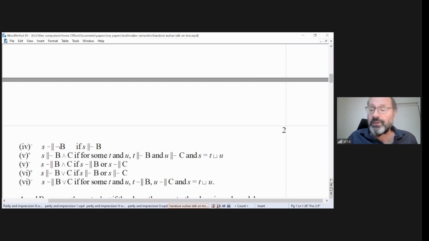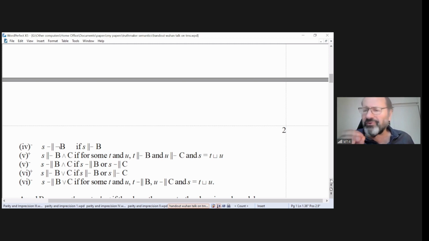We have corresponding or dual clauses for disjunction. So a state will make a disjunction true if it can be an exact truth maker for one of the disjuncts. And it will be an exact falsity maker for a disjunction if it's a fusion of exact falsity makers for the disjuncts. Okay. So those are the basic clauses, and